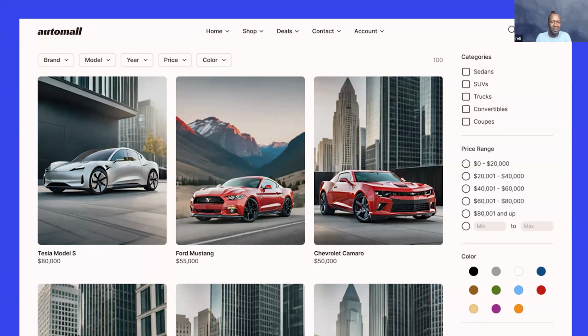So for someone that might not have a visual impairment, it might be easier for you to distinguish the different colors of the cars, where you've got the silver Tesla and the two red cars. But then also, if you look on the bottom right hand corner, we have filters which relate to the colors as well. So if we then apply some visual impairment filters, if you did, for example, have protanopia,